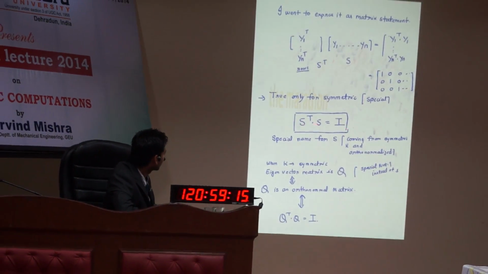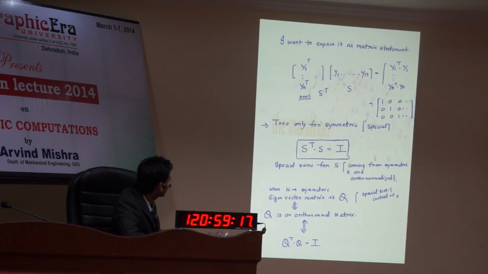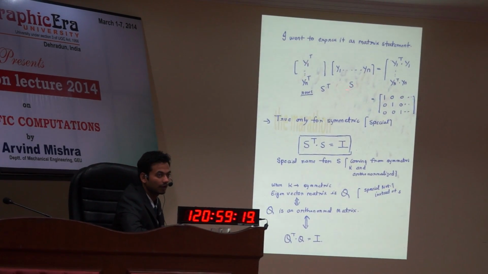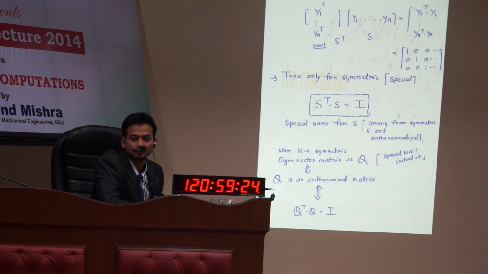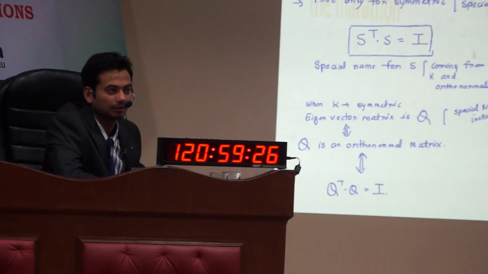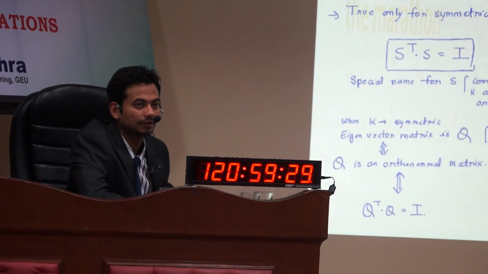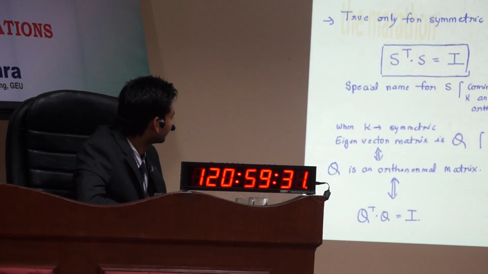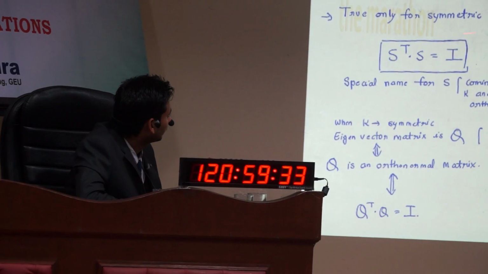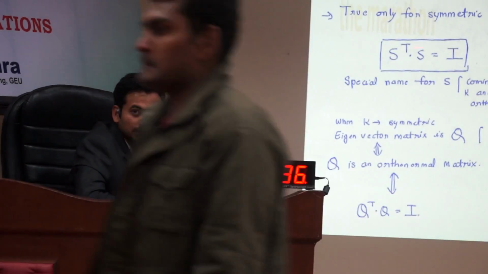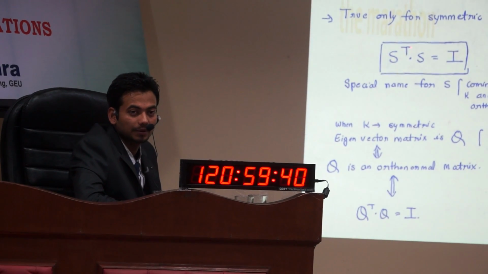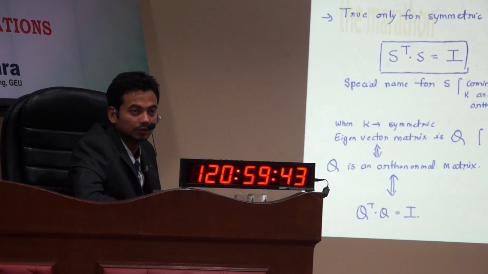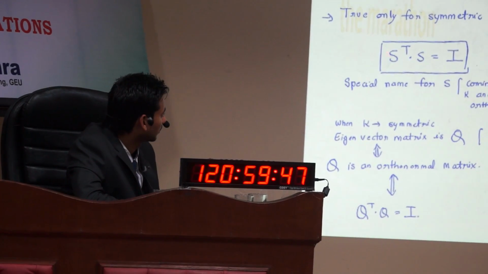S is a special name for this. Now we'll call this S transpose because S was the name for eigenvectors. So we have, you know, that we'll have this kind of features. Okay, fine. So if we look at this system, it is true only for symmetric cases. It's very reserved for symmetric cases, and I mean just not reserved, but if you see,